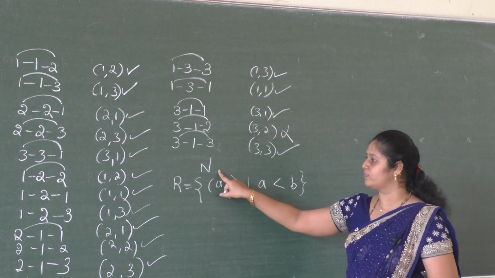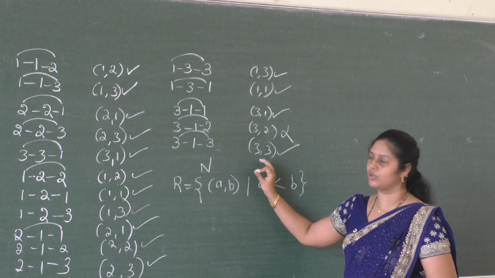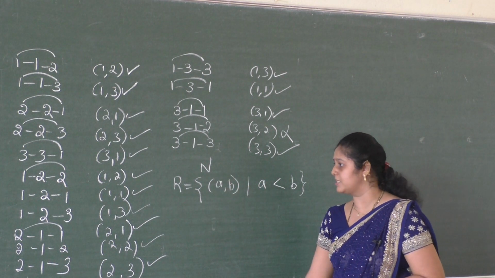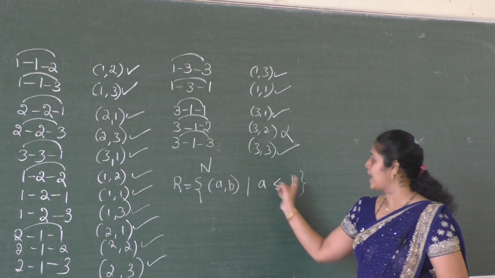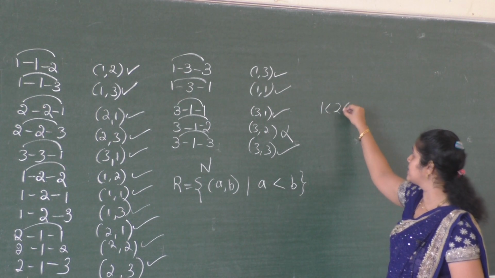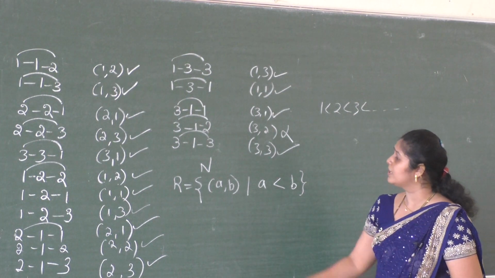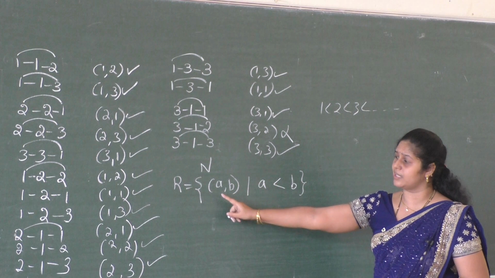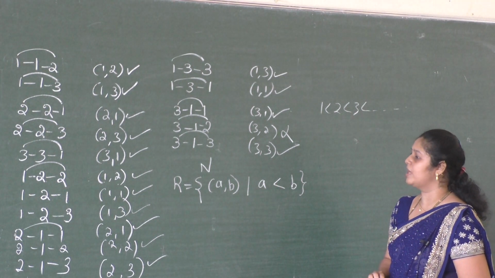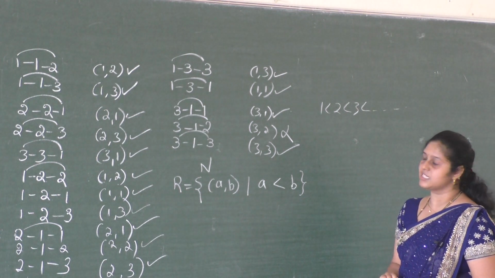So you know the set of natural numbers, that is 1, 2, 3, 4. So those numbers are there in the natural numbers. Now you have to take them in ascending order. You know that 1 less than 2 less than 3 less than, like that it goes in ascending order. Now the relation a less than b, then the ordered pair (a,b), a related to b. Whether this relation is transitive.